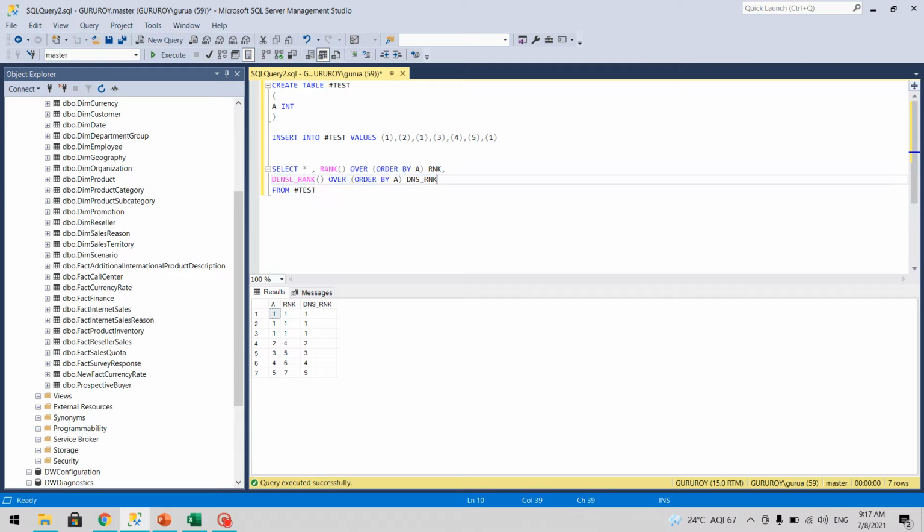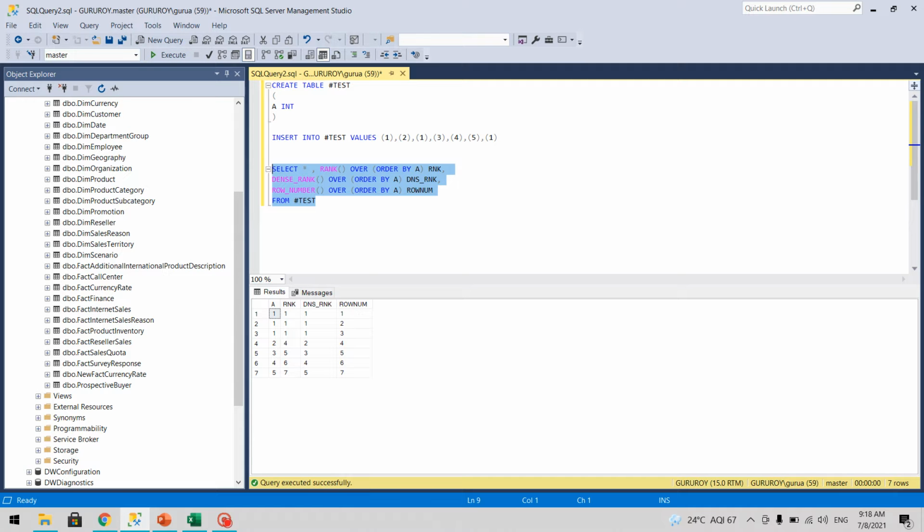Row number is slightly different. Despite matching numbers, row number will just give the numbering 1 2 3 4 5 6. So you will have a total range of 7 ranks with row number. So inside a group, if you want to use row number, it will give a straightforward number to them. Let's quickly check this as well. So you can see you have got this.